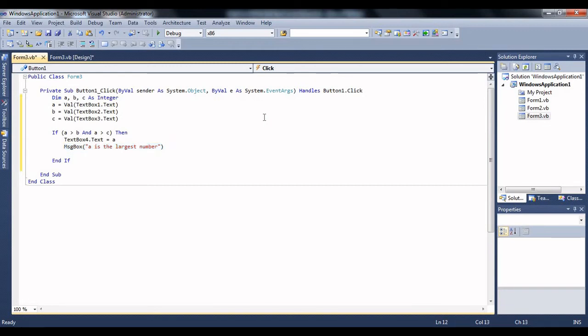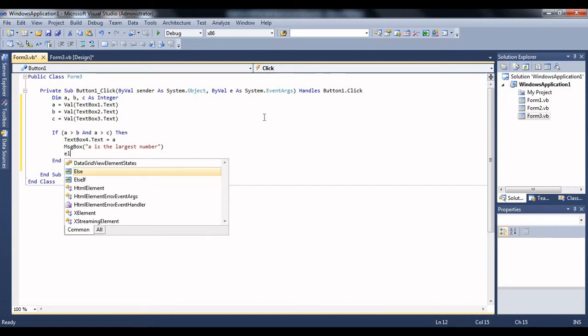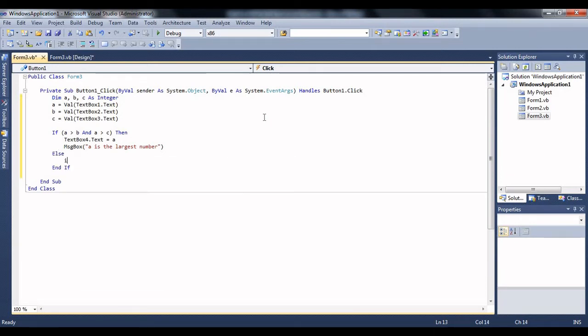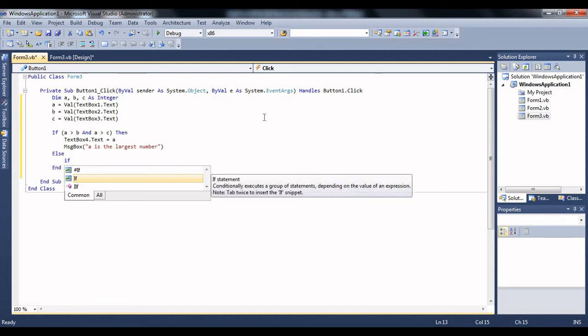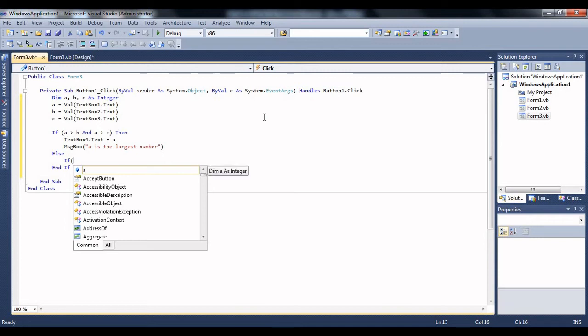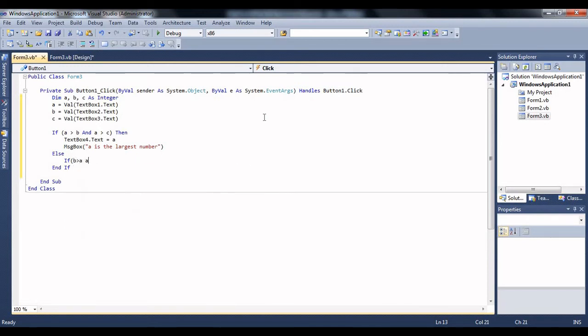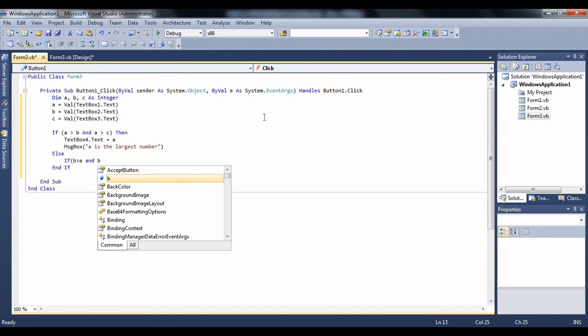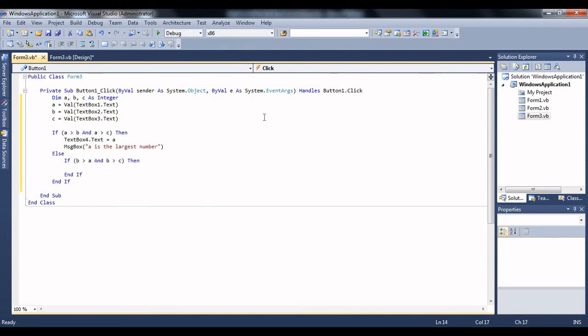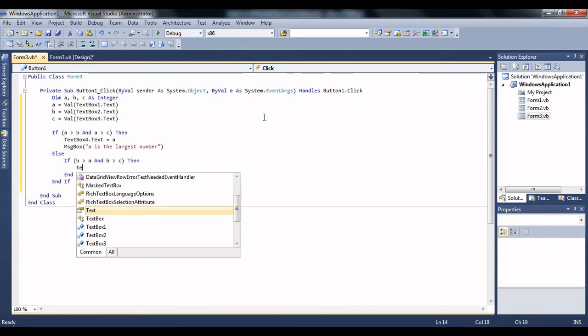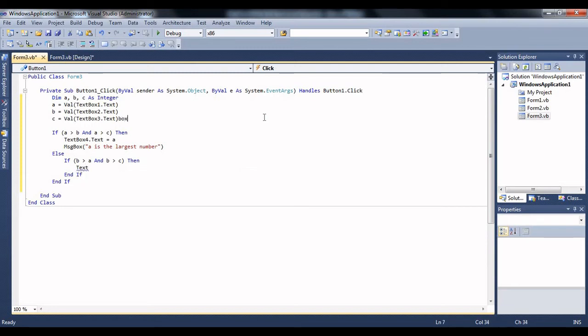So this is with the first value called a, and now the second possible answer is, even b can be largest. So for the second condition we'll have else if b is greater than the first number and if b is greater than the third number, the result is text box 4 dot text is equal to b.